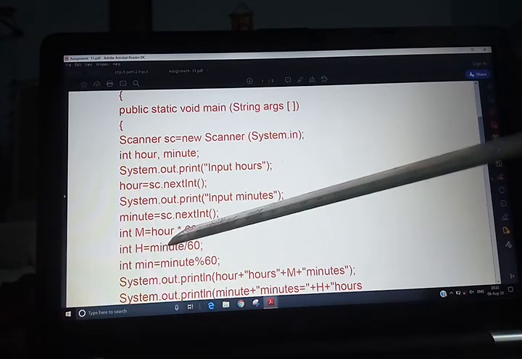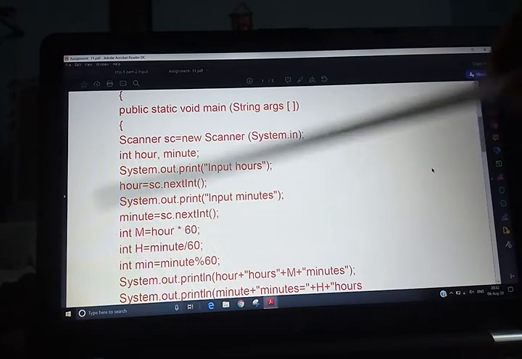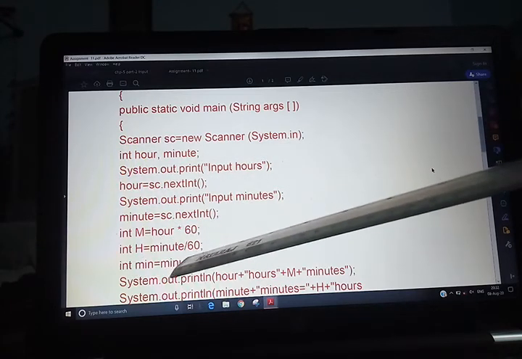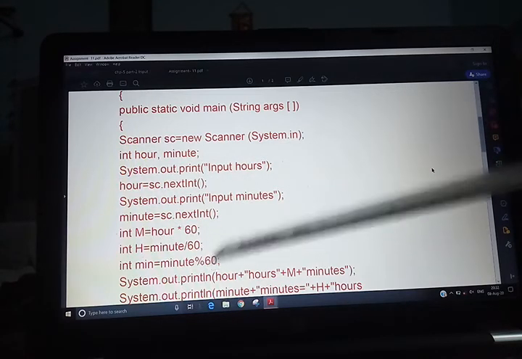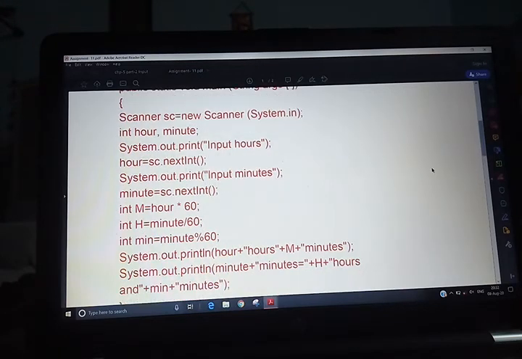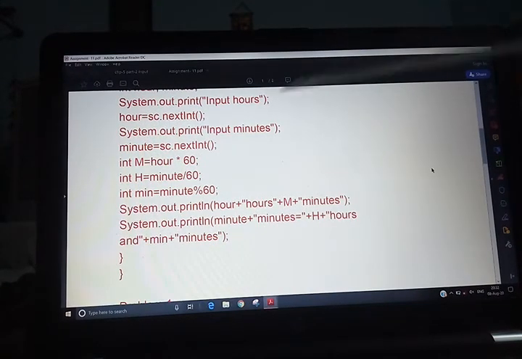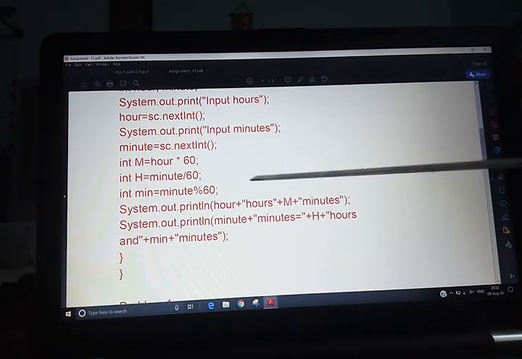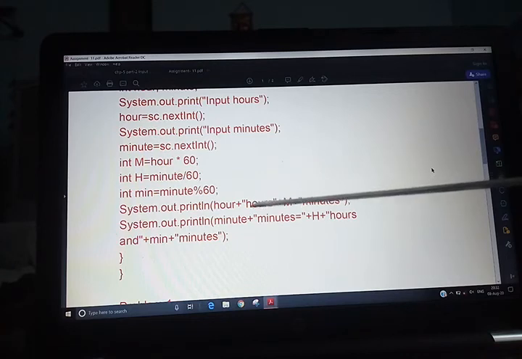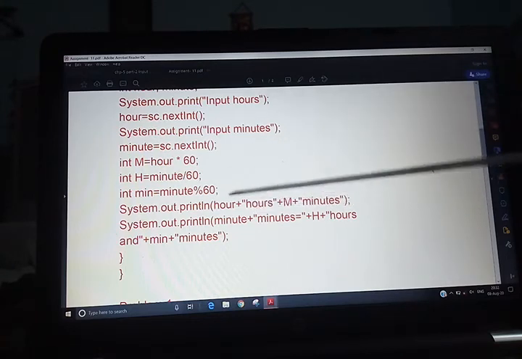Then minute divided by 60, it will calculate r. Then minute = minute modulo 60. So when you are going to print it, System.out.println, r plus "hours". Whatever is within double quotes, it will print as it is.